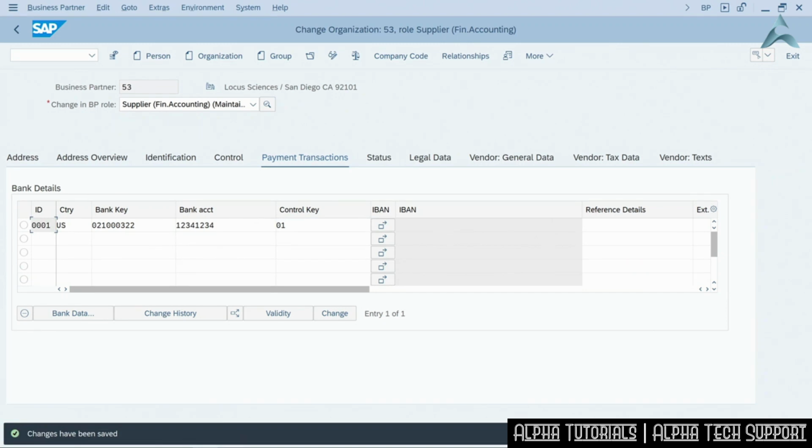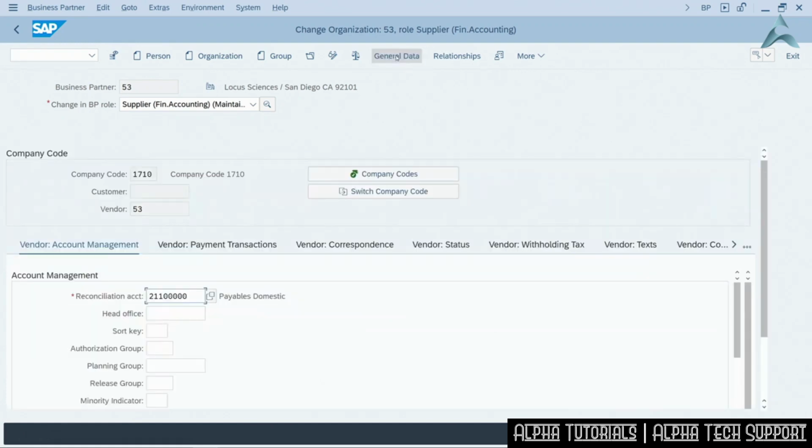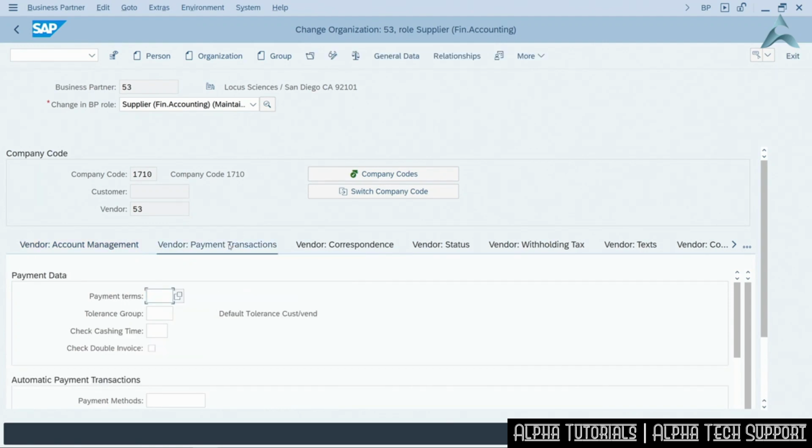Now, we also want to change the payment terms for this vendor. To do this, we'll click Company Code. Now we'll go to the Vendor Payment Transactions tab. Let's assume one of our buyers has negotiated net 60 payment terms with our supplier. A net 60 payment term means that we have 60 days from the date of invoice to pay for that order. We'll click our Match Code button,